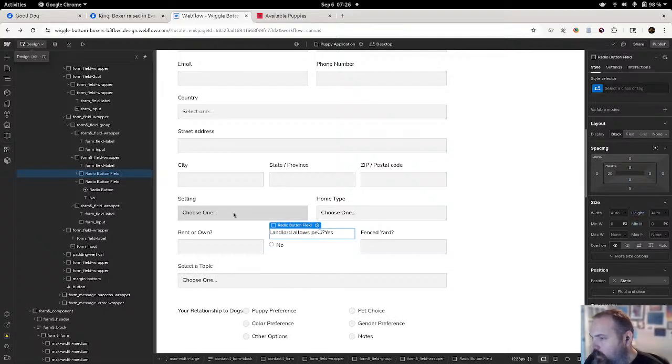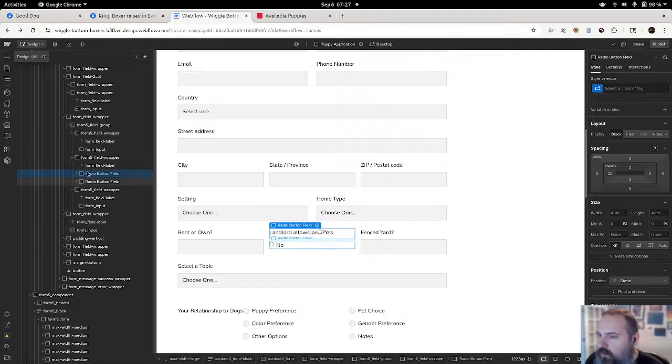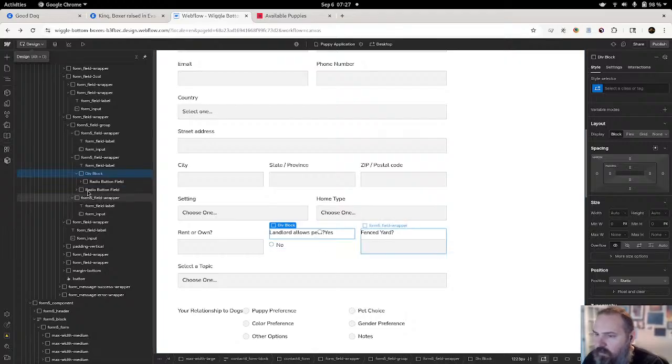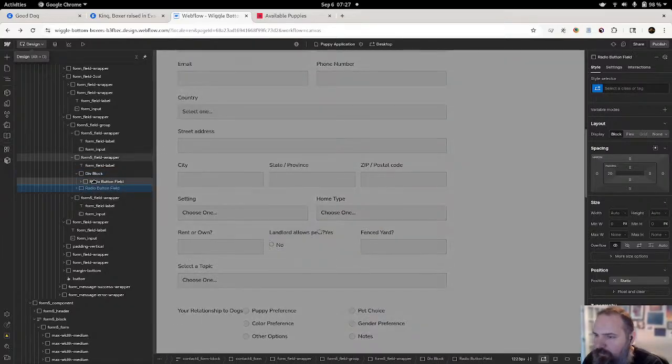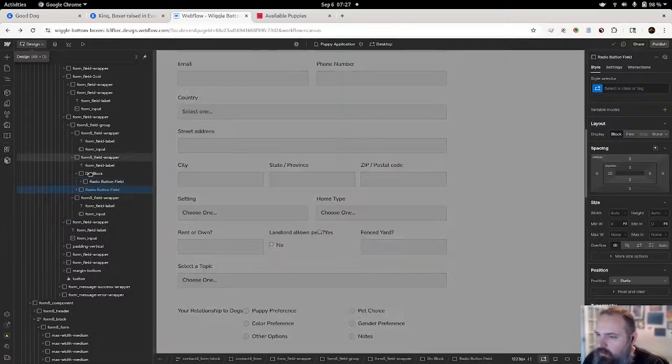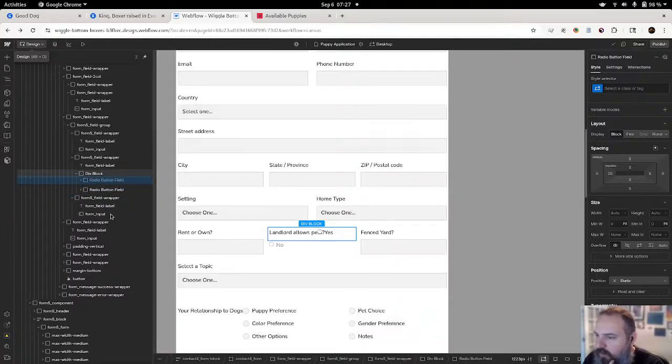Now the question is, okay, so now we need to wrap these in a div. Wrapping a div. And then push this down. No, no, no. Pull the div in the div.